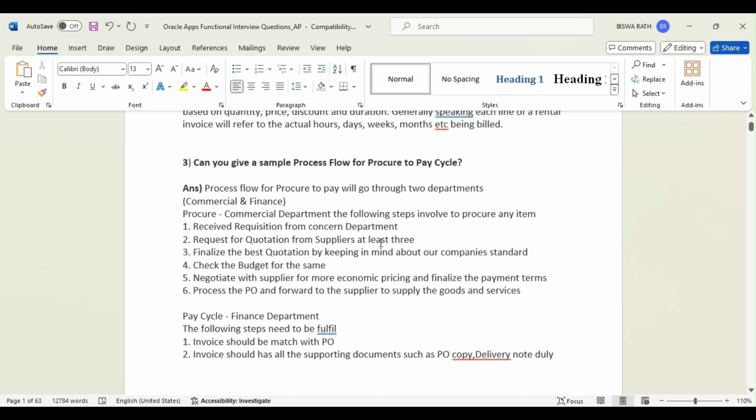Can you give me a sample process flow of the procure to pay cycle? Yes, the procure to pay cycle, we say P2P. It involves two departments. One is the commercial department, and then we have the finance department. Both departments are involved in this particular business process flow. The first one is procurement, right? The commercial department follows these steps in order to procure any kind of items or